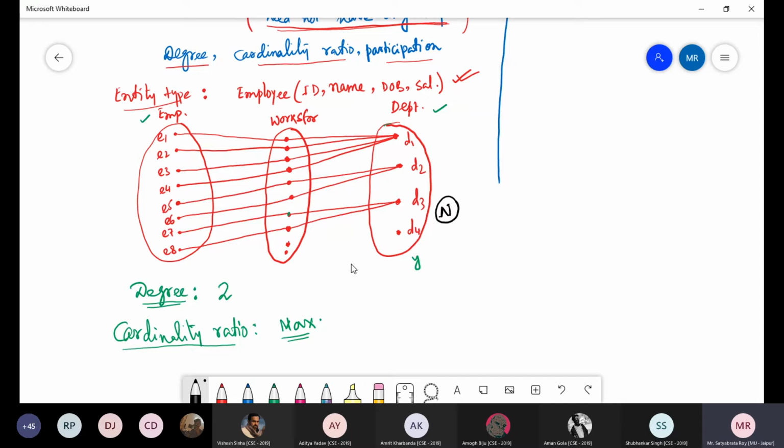So if one dot from employee is connected with one dot of works for, then that means that one entity of the entity set employee is associated with one relationship of the works for relation. This is as simple as this. Are you getting it or not? Yes, sir.